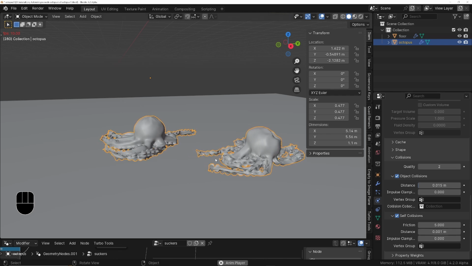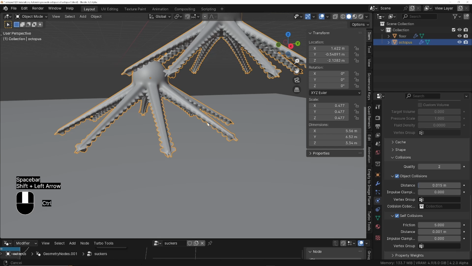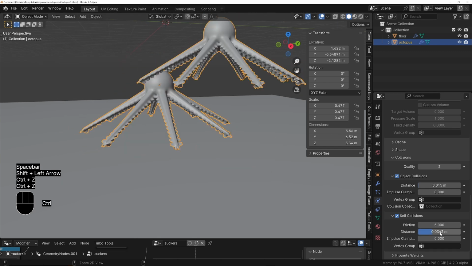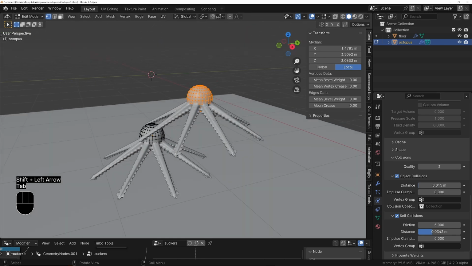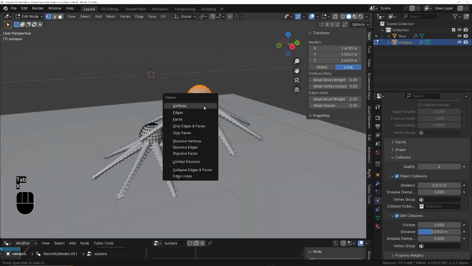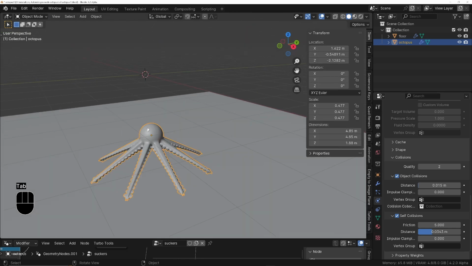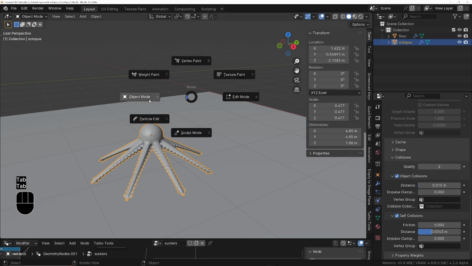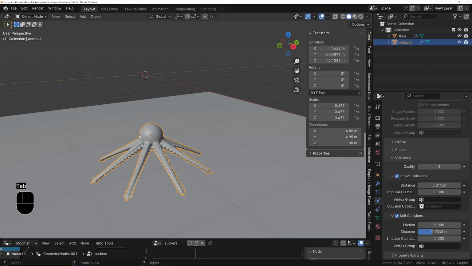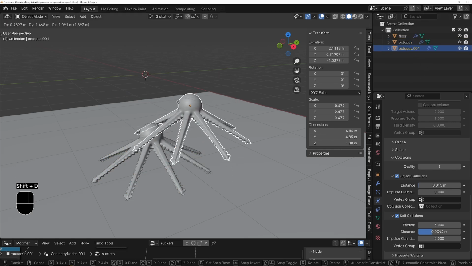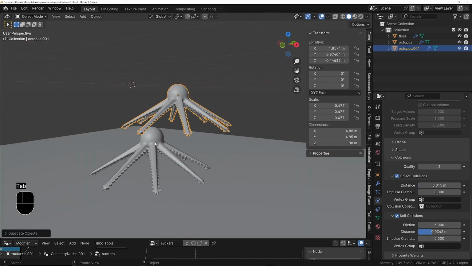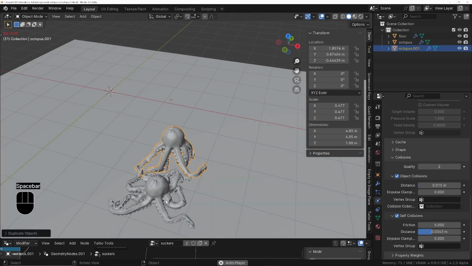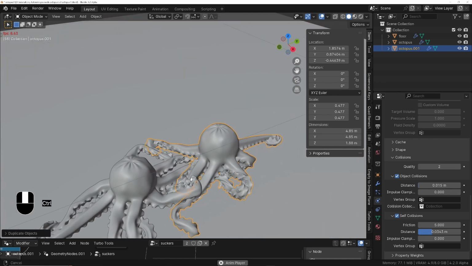So the better solution, if we just come back into here, I'll just undo the distance there, go into edit mode, and I'm going to remove this, so X, delete all those vertices. What we'll do instead is actually duplicate the object. So I've come back into object mode, I'll Shift D, and I'll bring this up, play this back. We're getting two octopuses being simulated, but they're no longer colliding with each other,